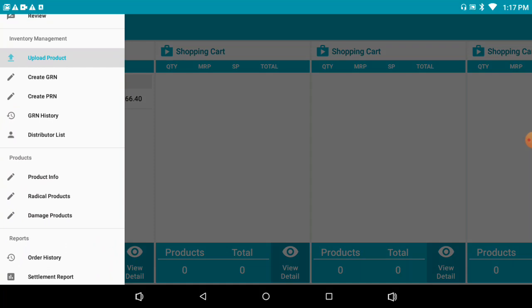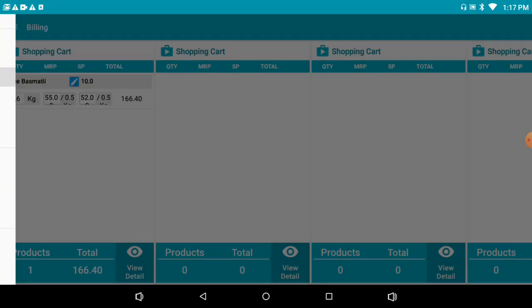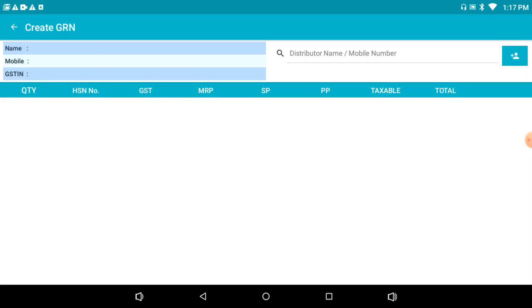Now we'll come to the create GRN page. On the create GRN page, at first we have the option to add a distributor. You can see an icon on the top right, the add distributor icon.